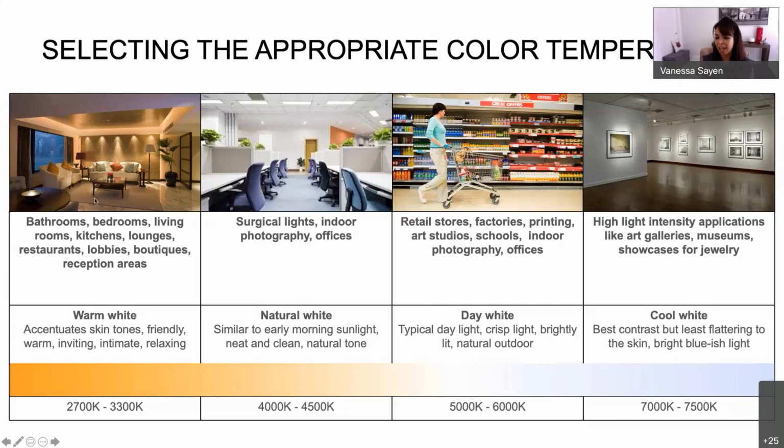And it's more flattering to the skin tones and clothing in general. And then, of course, we start moving more into the cool colors, temperatures for visual tasks such as bathrooms, offices, because it produces higher contrast and warm light. And then situations where you want to use higher color temperature of 4000 Kelvin or higher would definitely be like